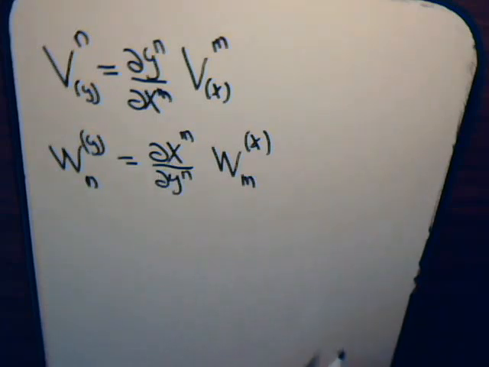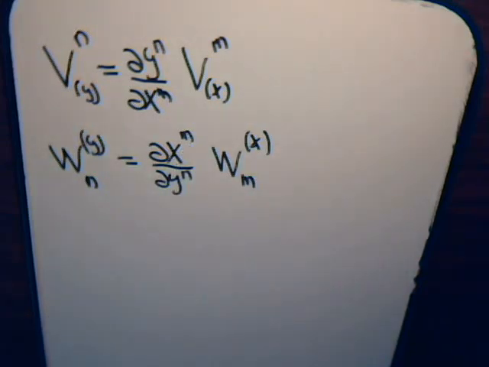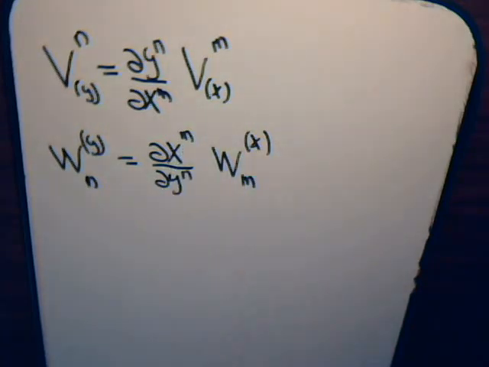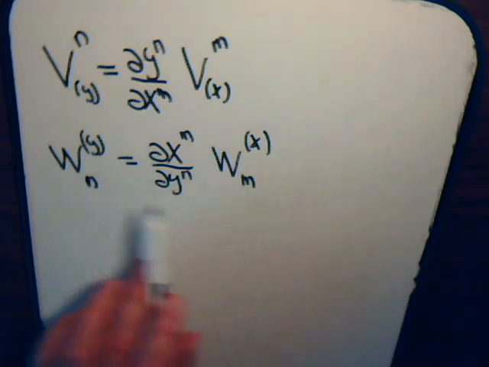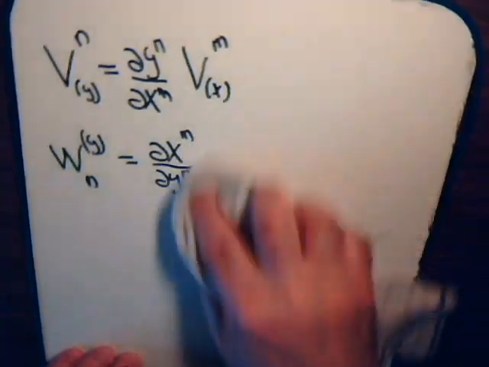The partial of x is going to be in the numerator, where that m then carries along with it as that superscript, so we can have our proper repeating index. And that is sort of the general pattern then for a vector that transforms in a covariant fashion. Now, what we did in the first video,